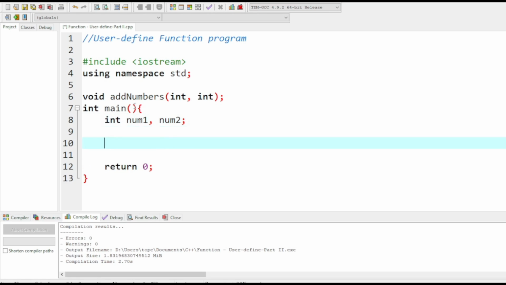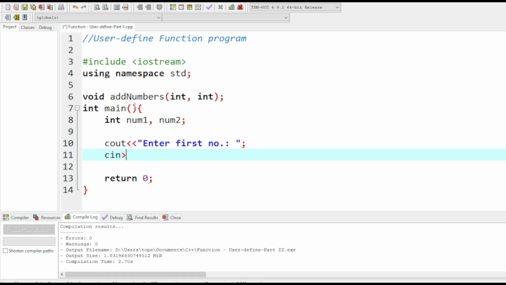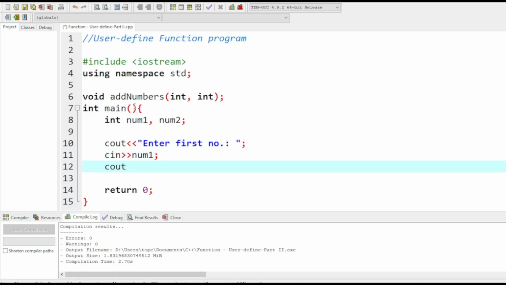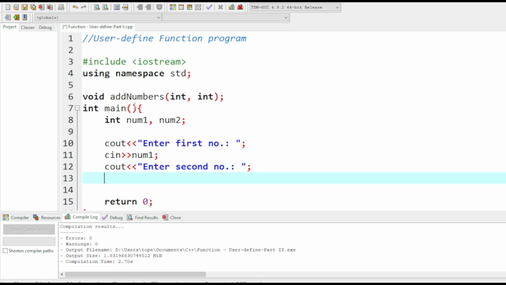Okay, then the user interface, so cout, enter first number. Okay, then we have cin, then we will store it to num1, another cout, enter second number. Okay, so we have another cin, we will store it in num2,